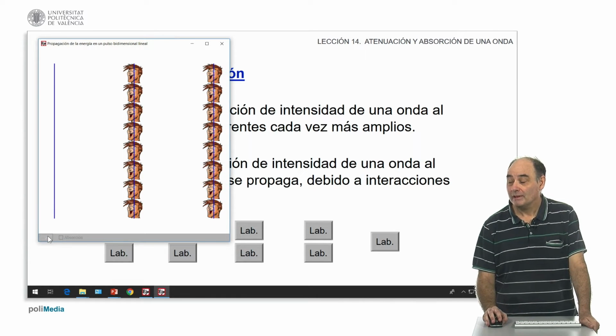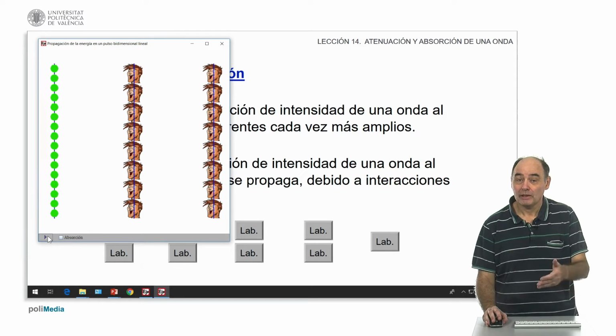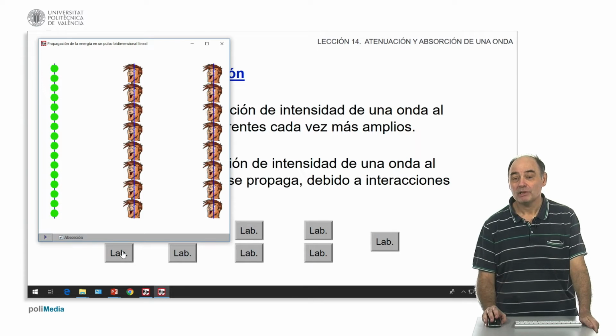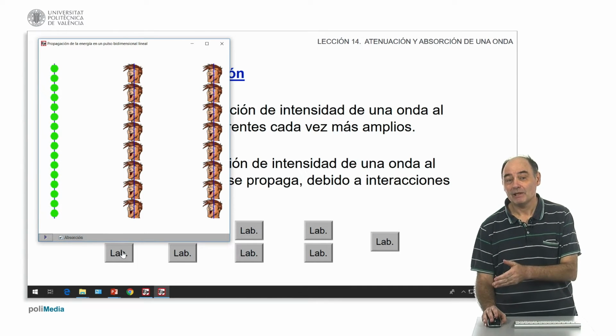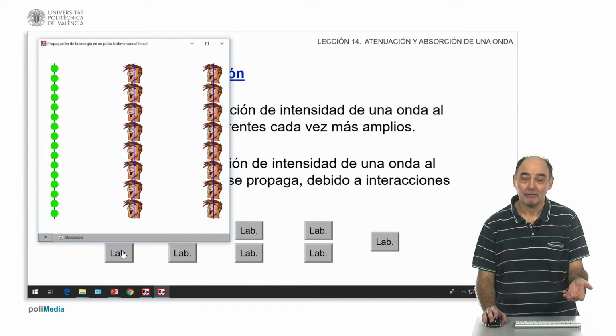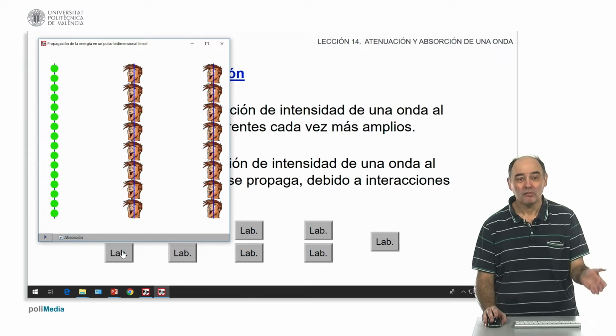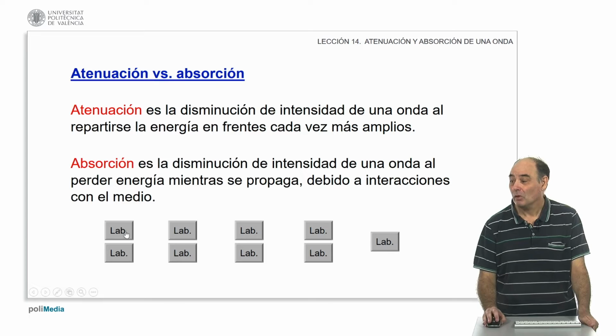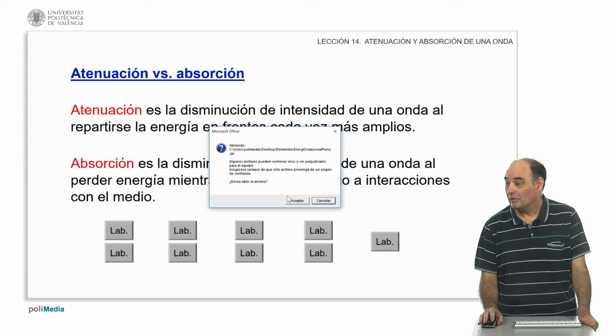But let's see what happens if we still have no attenuation, since there is no increase in the size of the fronts, but there is absorption, and we will see the effect. It is as if it is no longer a question of distributing the money among more or fewer people. It is that there is the revenue service with its taxes on transport or trade, and as the coins travel, it keeps a part of it. Let us say that for each one of these trips from front to front, it keeps 50%, so this will happen, simulating it. As the coin is losing money,